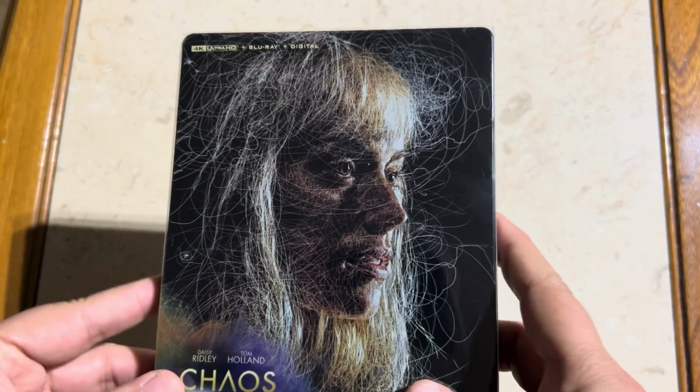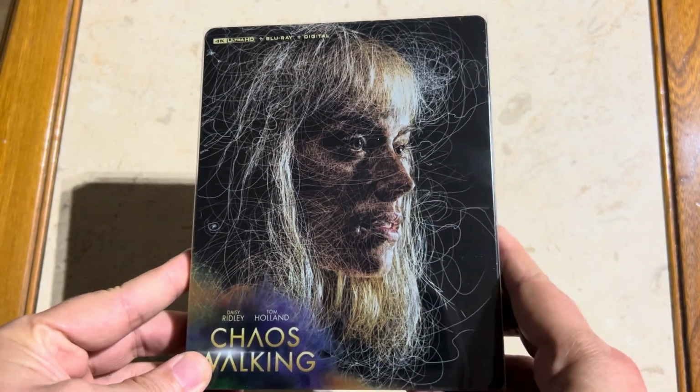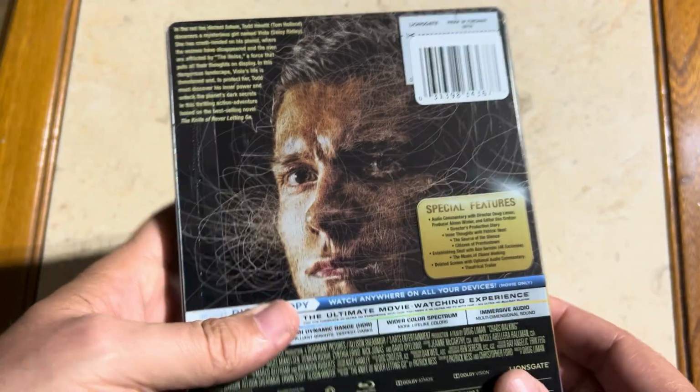Now, again, I saw the trailer for this movie. Don't know a whole lot about it, I'll be honest with you. When I watched the trailer, I was still kind of confused, but it did look interesting nonetheless. And like I said, with the cast of characters it has in it, I'm excited to watch it. I like Daisy Ridley from Star Wars, and of course Tom Holland as the newer Spider-Man. And I think he did a pretty good job in Uncharted as well as a young Nathan Drake. So again, there's the front side, back side, and we'll slide this slip off